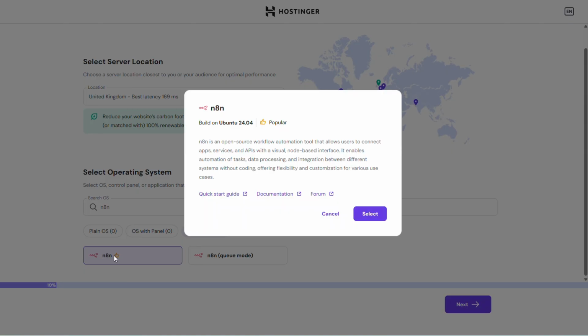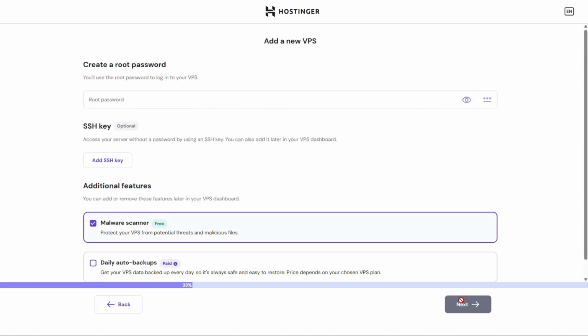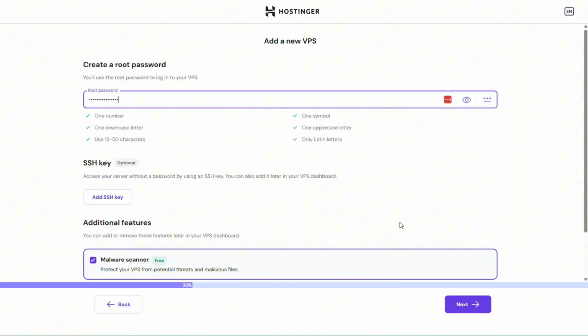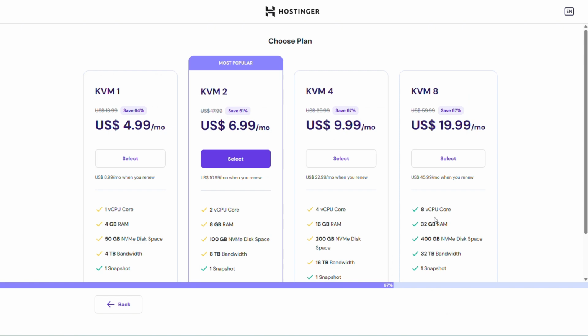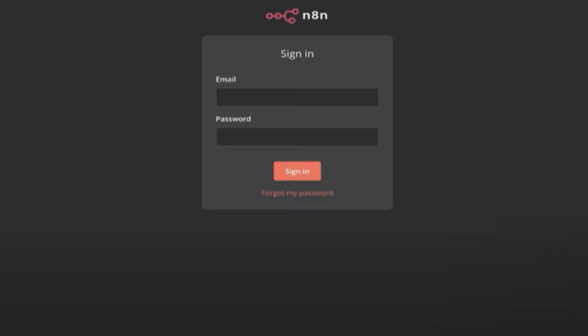Type in n8n, and then click on it when it appears. Once it's selected, hit Select, then click Next. Now go ahead and enter a strong root password, click Next again, and you're one step closer to launching your n8n instance. Once you've made the payment and logged in, just head over to your dashboard and click on Manage